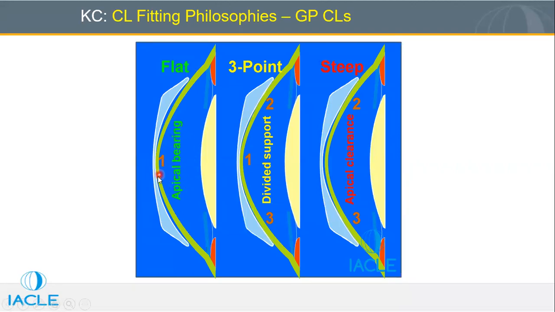The problem with this fitting is that the lens is resting on the cornea. When the patient blinks, the lens rubs the central part of the cornea, and because of the rubbing there will be SPKs. If this continues for a very long period of time, those SPKs eventually lead to corneal scarring. Once the scar is in the center of the cornea, you can hardly do anything. If the scarring is central, the patient's visual acuity will be reduced significantly. That's why apical bearing fitting is not acceptable or should not be aimed for. The three-point touch fitting is a very accepted one.